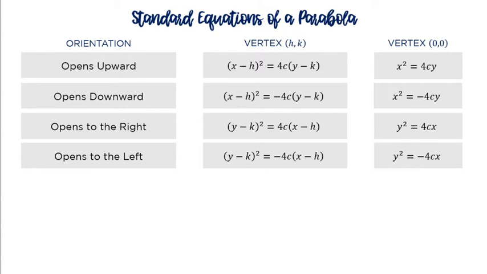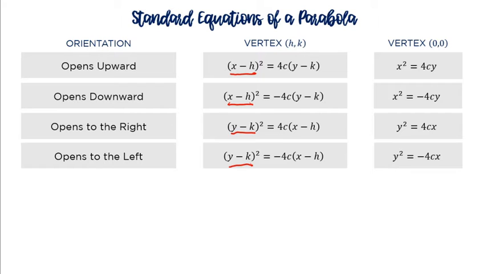As you can see here, the standard equation of the parabola depends on its orientation. And since meron tayong apat na orientation dito, meron rin tayong apat na forms ng standard equation. Okay, you can also see here that when your x minus h ang nakasquare, the parabola either opens upward or downward. If yung y minus k naman yung nakasquare, either the parabola opens to the right or to the